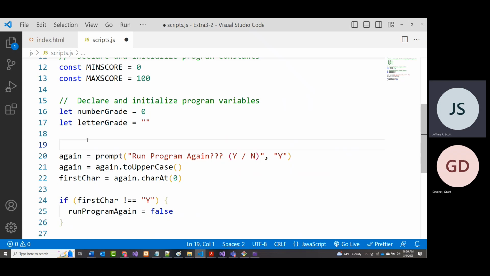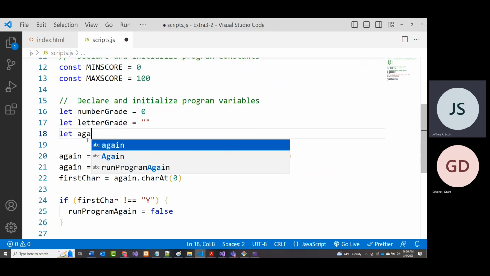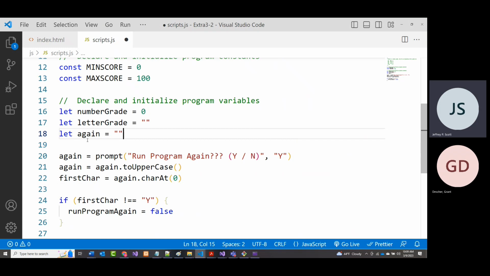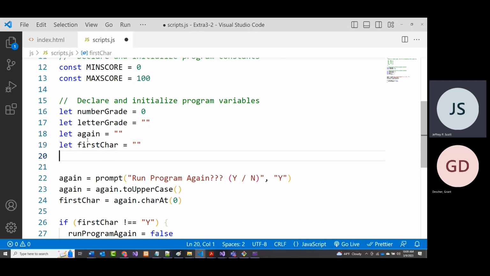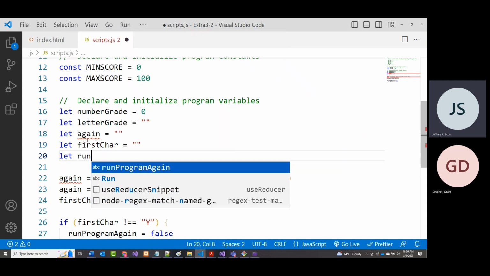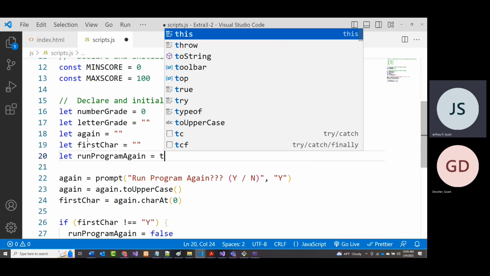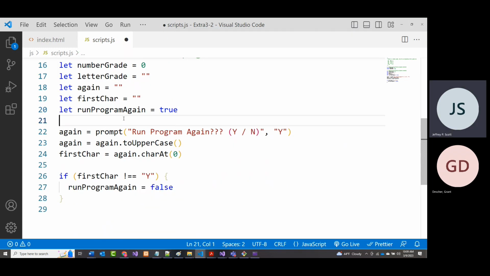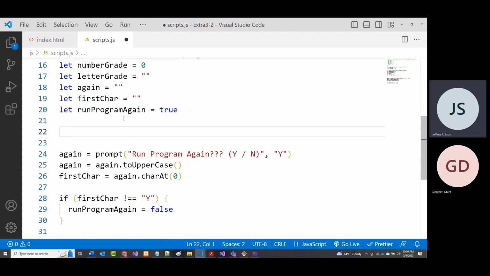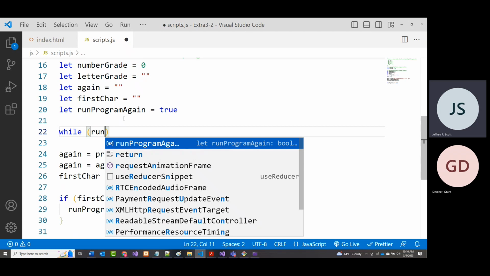All right, but we better put in those variables. So let again equal the empty string. Let first char again equal the empty string, and let run program again equal true. Same exact stuff. So we've been using a very similar pattern thus far. So while run program again,